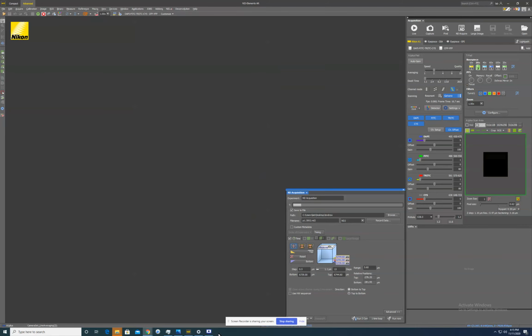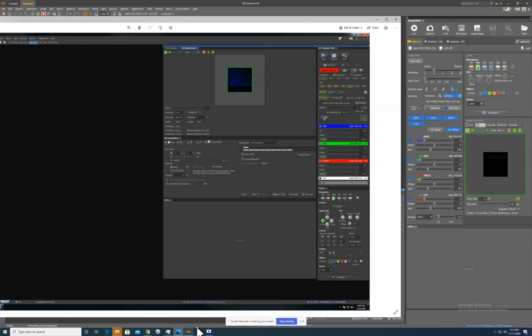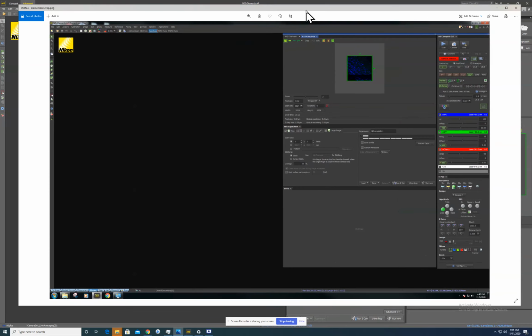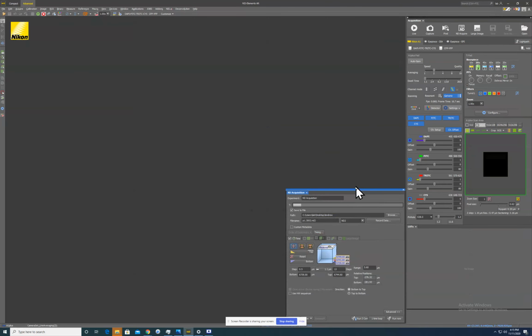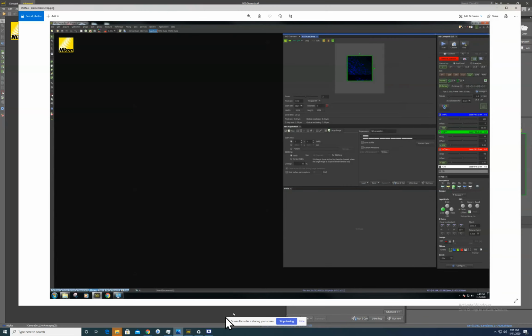All right, so earlier this week we got an upgrade to the NIS Elements software. Most people are familiar with this version of NIS Elements, and it now looks like this. So at a glance you can see it's pretty different, but there are a lot of really familiar aspects just in slightly different places. So we're going to walk through real quick how to translate this old layout into this